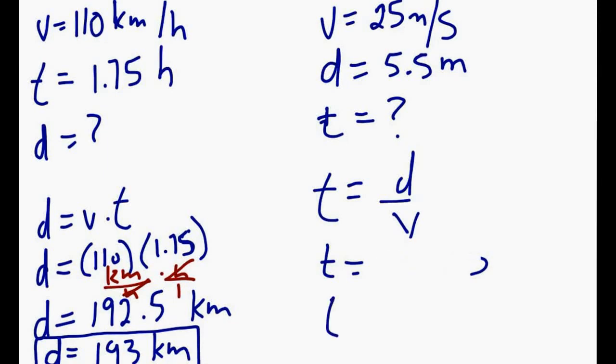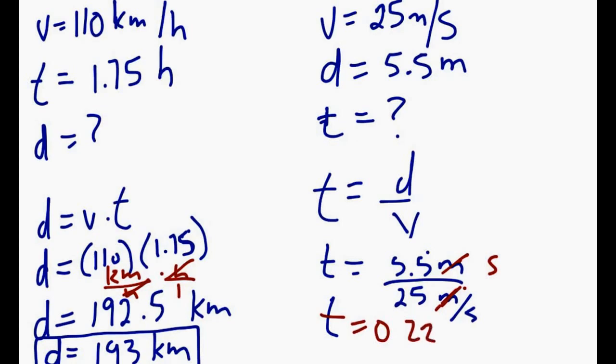Actually, I'm going to change that a little bit. So we'd have 5.5 meters divided by 25 meters per second. Once again, just like with the other one, our meters cancel, and because it's per second, that's the same thing as multiplying by the reciprocal, so the seconds would come up top. So our units cancel out, we just get seconds, which is good, that's what we want. So 5.5 divided by 25, we get an answer of 0.22